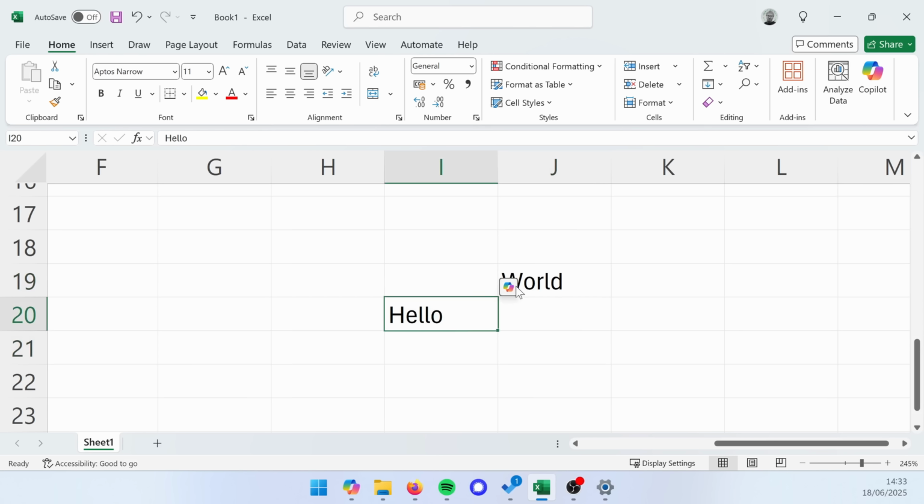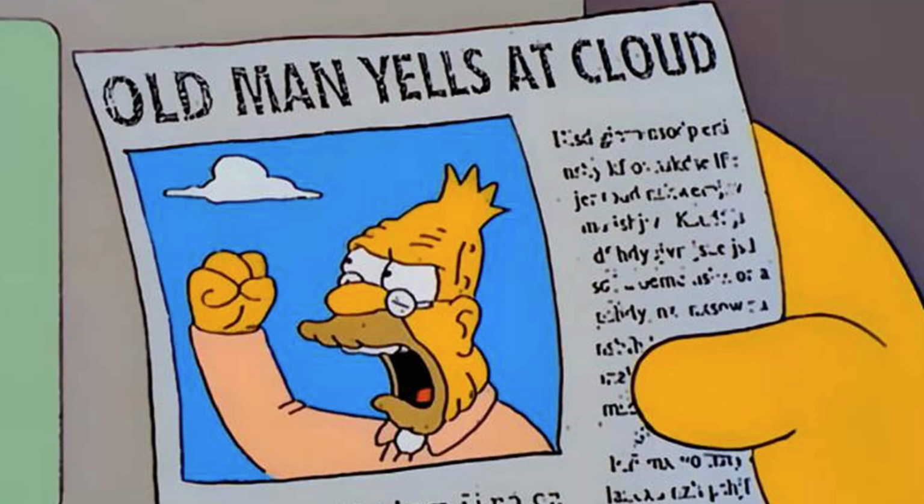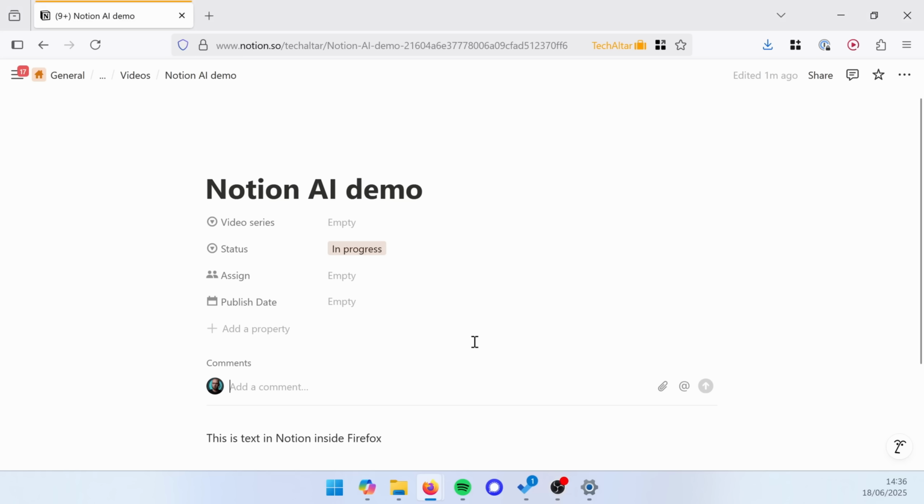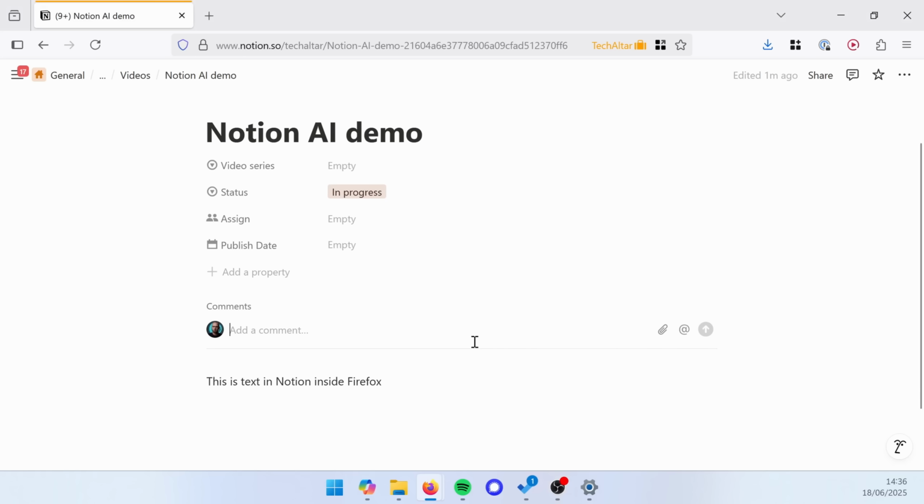So this new floating button that just appeared in Excel for me was the sixth and perhaps the most distracting way that Microsoft has found to push Copilot into my workflow. But I bet it won't be the last one. Now, as a tech YouTuber, I don't want to become the old man yelling at the cloud whenever a new technology appears, so I was ready to move on, but then that same day I opened Notion in my browser